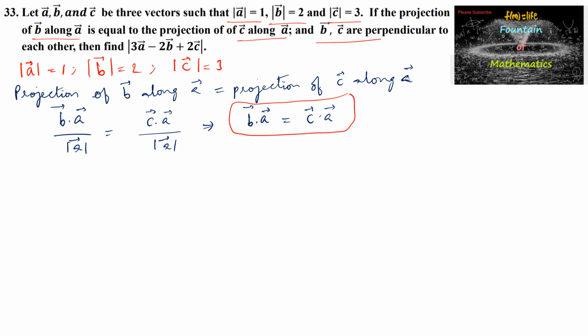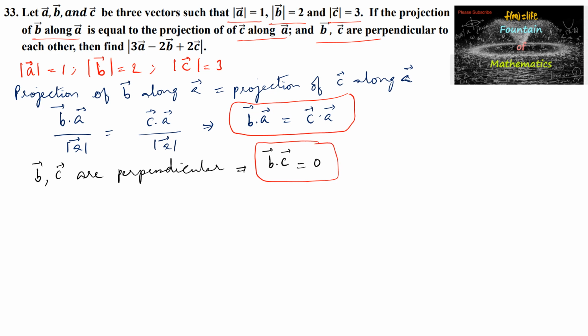And it is also given vectors B and C are perpendicular, which implies that B dot C is equal to 0. So to find mod of 3A minus 2B plus 2C, let us consider mod of 3A minus 2B plus 2C whole square, which is equal to, since mod A square is equal to